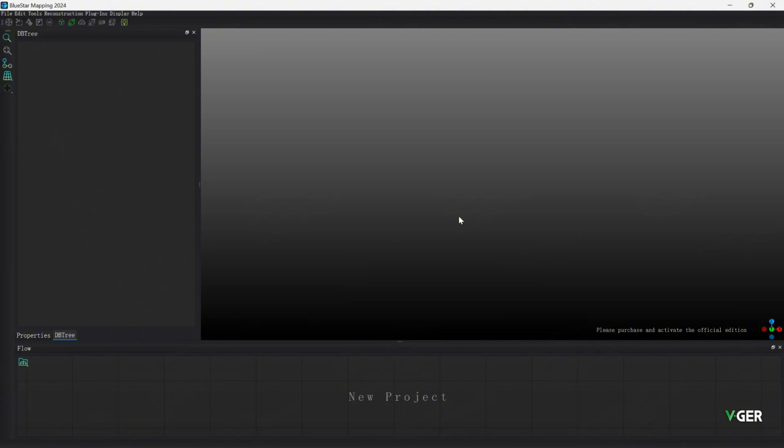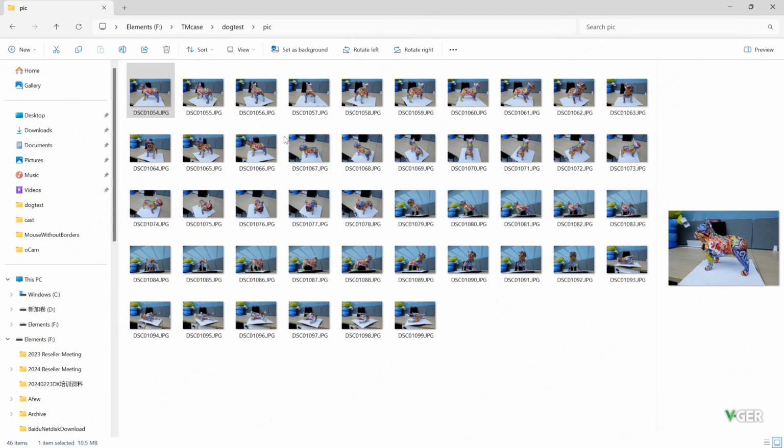Now, the second thing you need to have is high resolution photos taken by, we do recommend, a professional camera. For the output format of the pictures, we recommend using highest quality JPEG pictures, okay? And when you're taking the pictures, we do recommend you take pictures in a sequence going around the object with certain overlap, okay? Like this, you go around the object